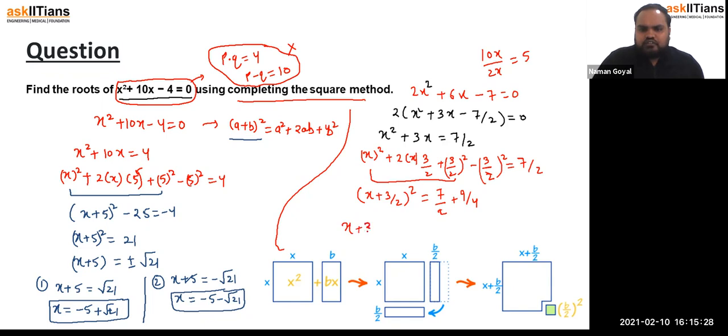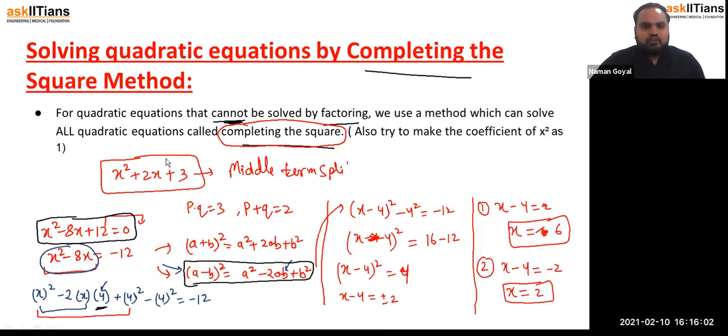By taking two cases, you can solve this easily. This is your assignment to solve further. If you add this, 4 is the LCM. 2 times 7 is 14, 14 plus 9 is 23, right? So now you can do this by taking the square root on both sides. And remember one thing, if you take the square root on both sides, then you have to take the plus minus sign also. So we do questions like this one, right?